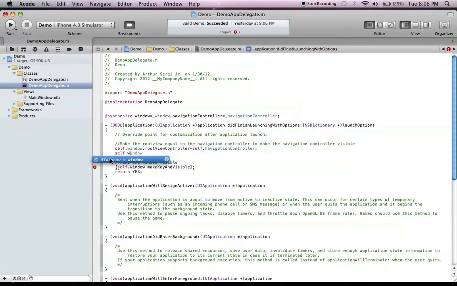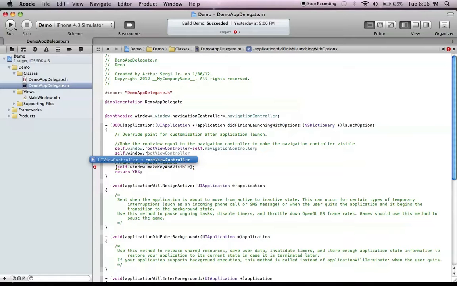We've seen variables, we've seen methods, and properties. The dot type of coding works specifically with properties. We're going to type return. Then we're going to type another dot or period, and the R here for root view controller. That's also a property. So the root view controller is a property of the window, which is a property of